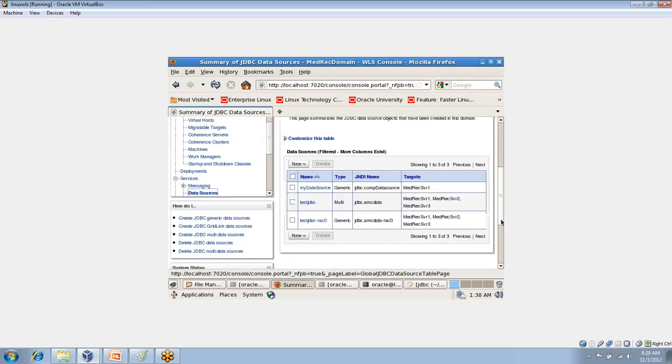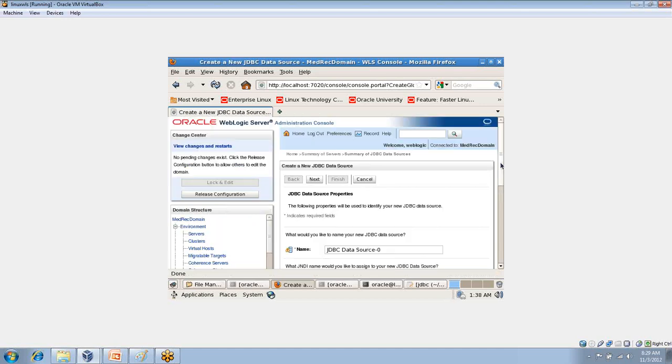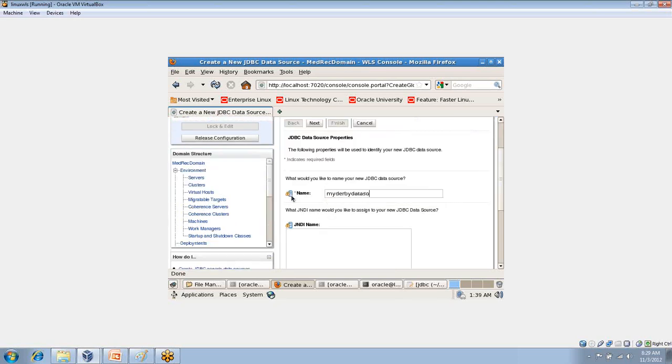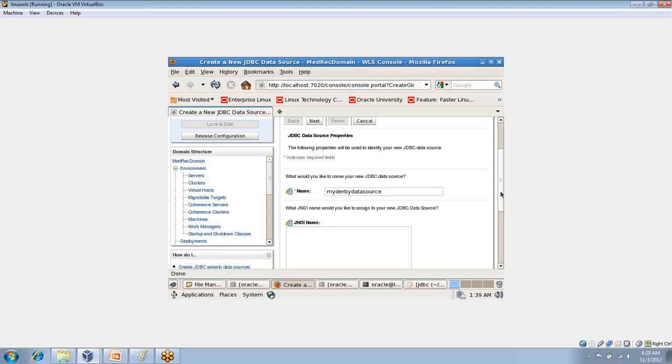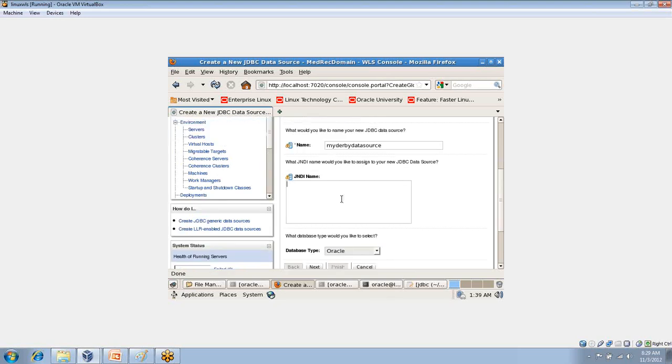Say generic data source, and then it is asking for the name of the data source. So I say my Derby data source, some name I can give, and then it needs a JNDI name. A JNDI name is required because the application will do the lookup through this JNDI name. So I give it some name like JDBC dot my Derby or something over here,